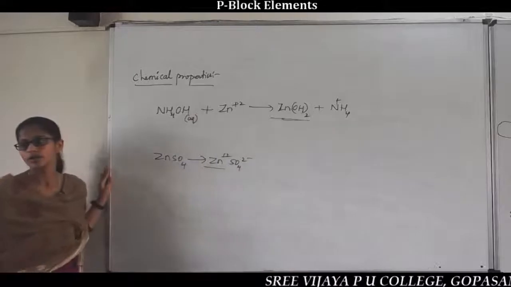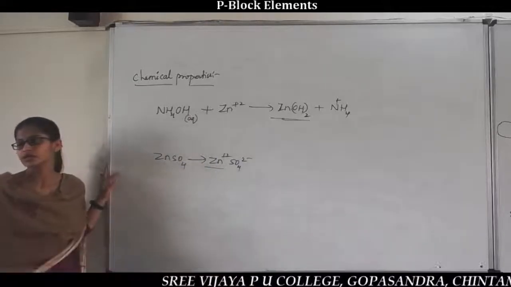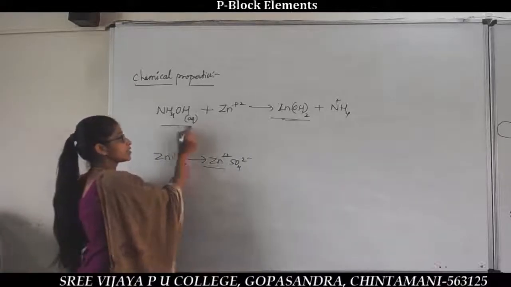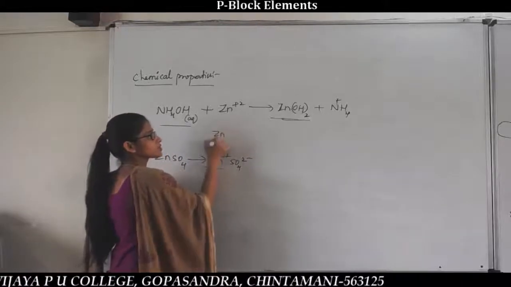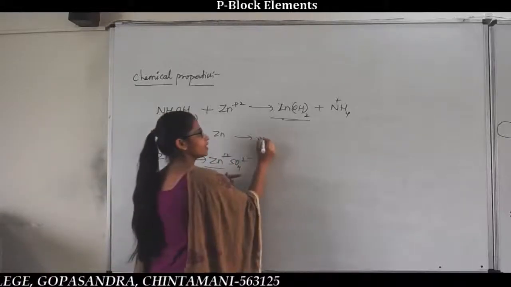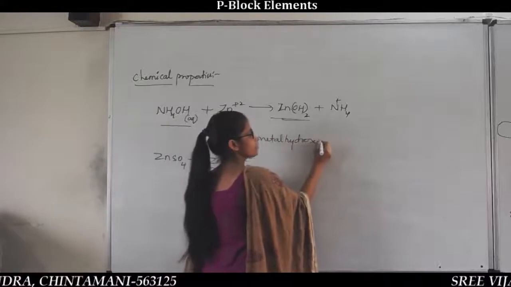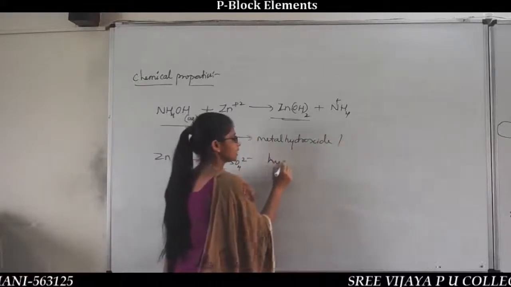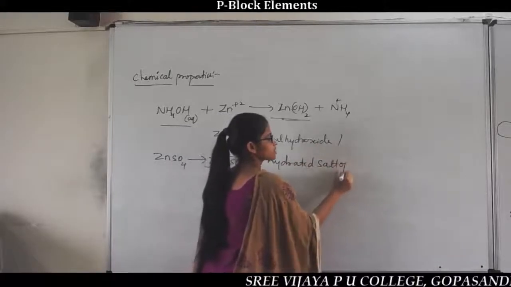ಅಲ್ಲಿ elimination of ammonium ion, ಮತ್ತೆ ammonium ion ಏನಾಗುತ್ತೆ, it reacts with the sulfate ion, it gives us one of the salts we call ammonium sulfate. So ಅಲ್ಲಿ ಏನಾಗ್ತಿದೆ, when this aqueous solution of ammonia reacts with the salts of zinc, nothing but taken as a metal here, it gives us metal hydroxide formation ಆಗ್ತಾ ಇದೆ. It gives us metal hydroxides, or it is also called hydrated salts of metal.